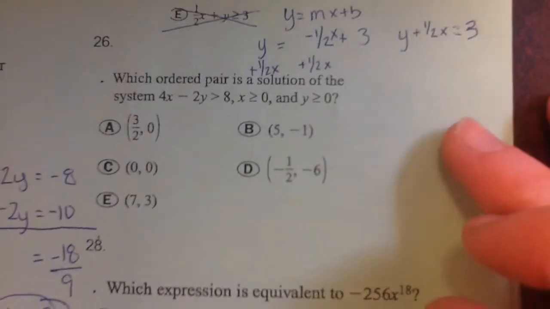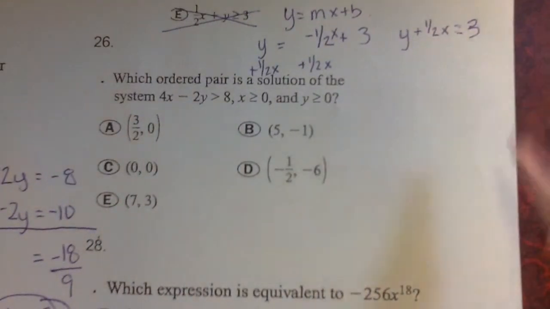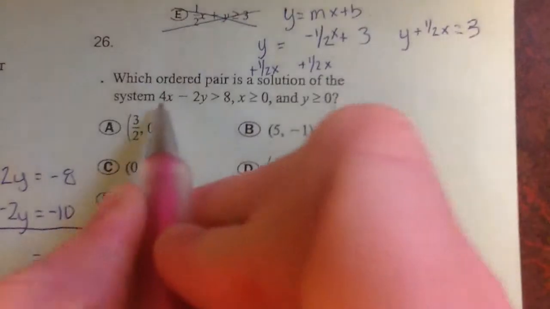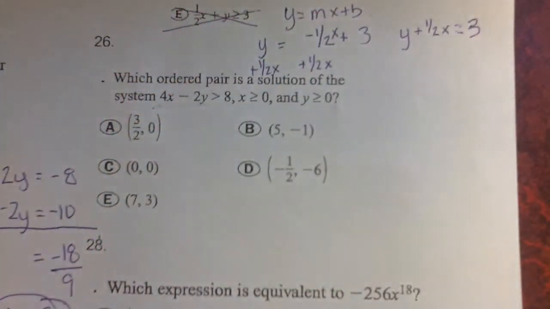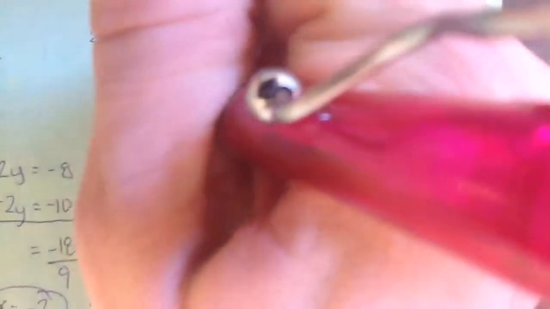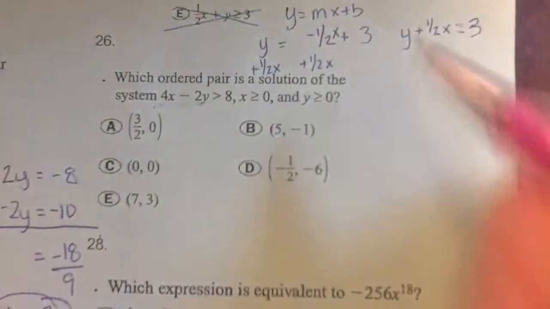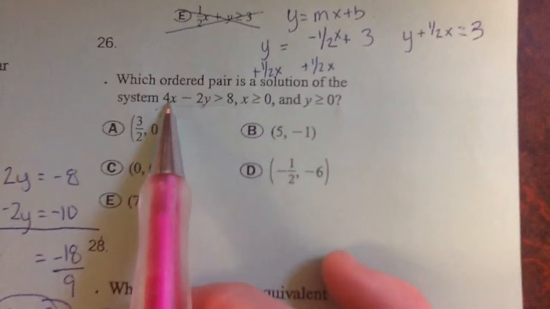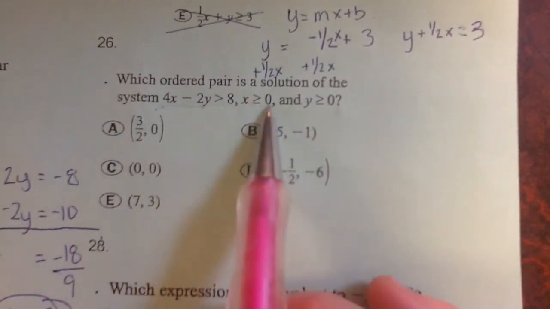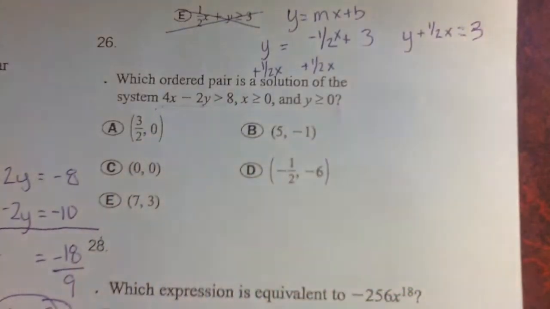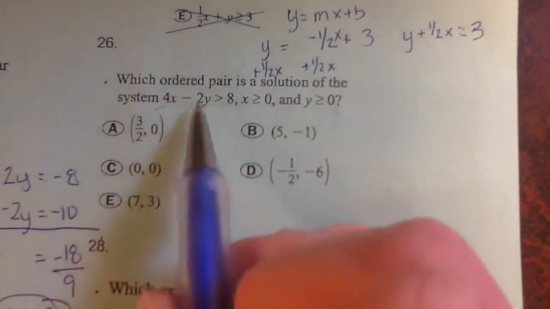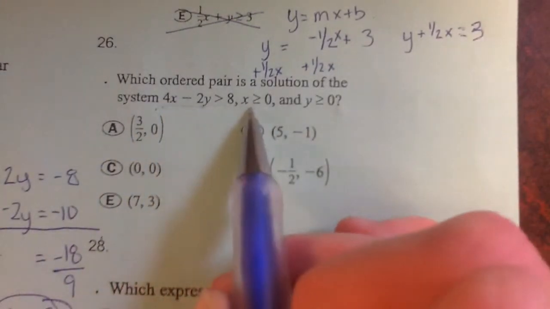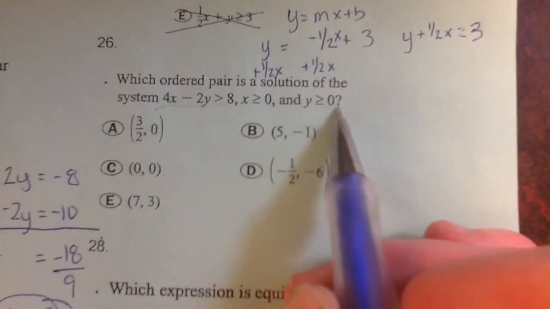Okay, for number 26, it's asking for a solution to a system of inequalities. And if I look carefully, I actually have three statements. I have one here, and a comma, and one here, and a comma, and that one. So I have three things that need to be true. I need 4x minus 2y to be bigger than 8. I need x to be greater than or equal to 0, and y to be greater than or equal to